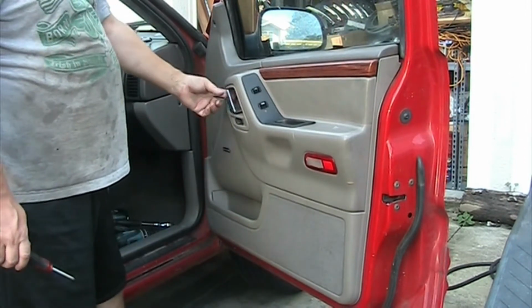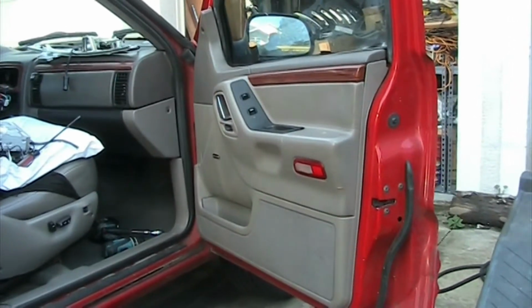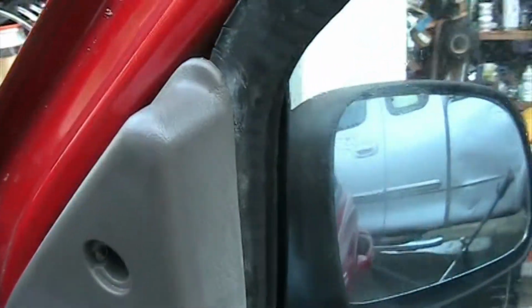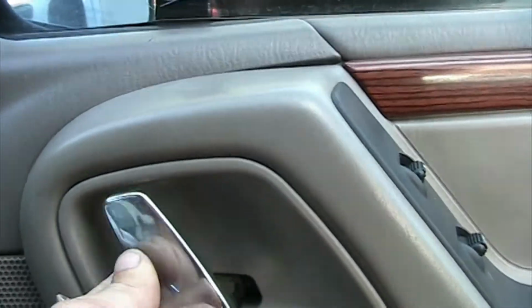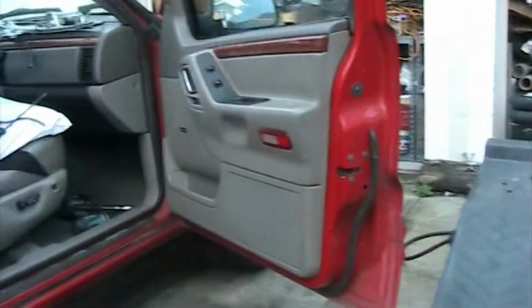Then behind the door handle in here, let me take you up close for this. Sorry for the shaky camera, I just have to take you out of the stand. So again, there is your Phillips sitting in there. Then behind the door handle, if you pull the door handle a little bit forward, there is the hole where a bolt sits in with the tucks. And then in your door handle down in here is another Phillips, which you have to remove. Those are the bolts you have to remove before you can pry up the door panel